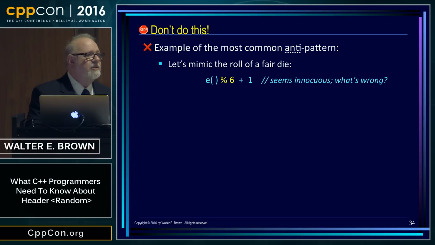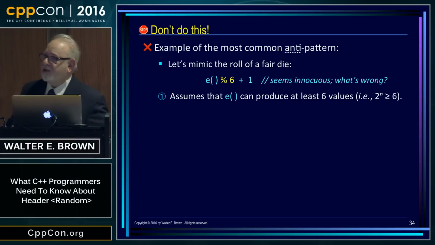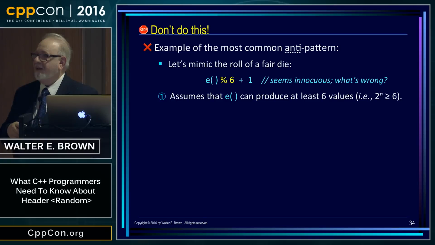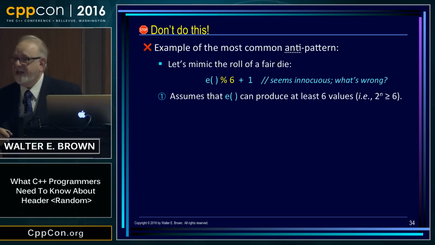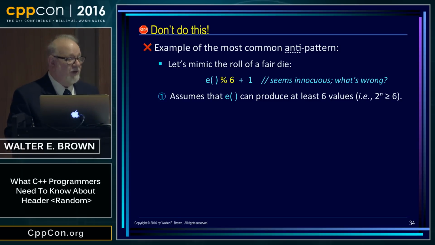The minor issue is that there's an assumption in this code, and you don't know if it's true or not. What's the assumption? The assumption is that your engine gives you at least enough bits. If your engine gives you 1 bit per call, you're never going to roll other than 1 or 2, are you? You think that's fair? If your engine gives you 2 bits, you'll never roll a 5 or a 6. Now, I grant you that's unlikely. That's why I call this a minor problem.